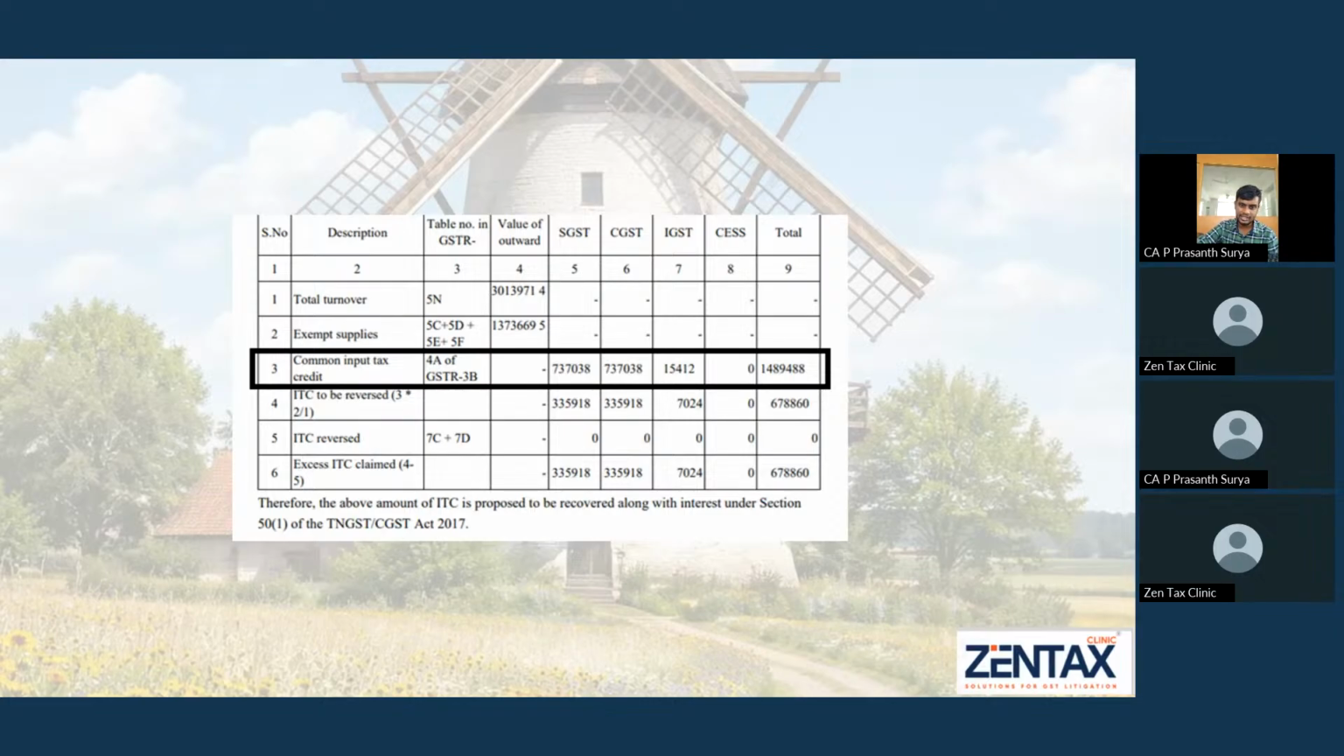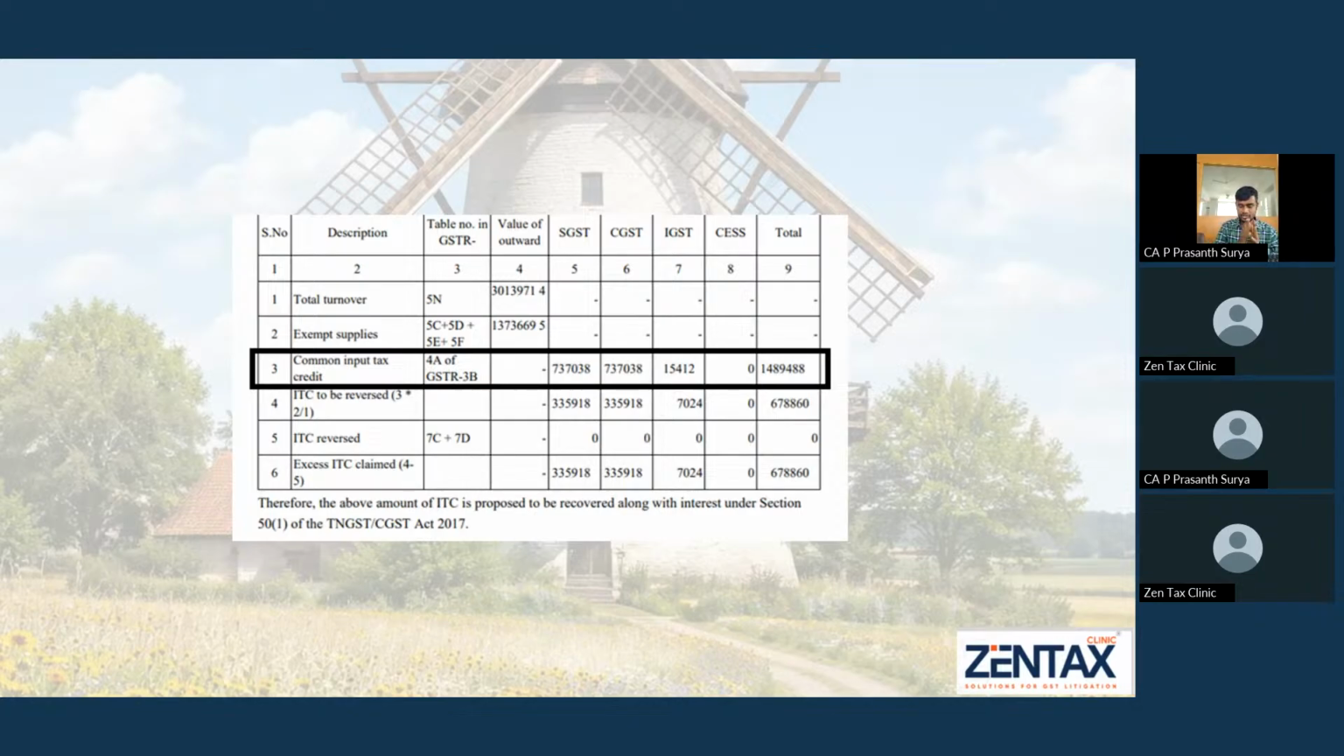But with respect to common credit reversal, with due respect, we wish to say that the common credit reversal alleged in the notice is the total ITC given. There is no error on the part of the department in this scenario, because they do not have the separate common credit ITC with them. So they have given only the entire ITC which we have claimed in GSTR 3B. So in that scenario, we should